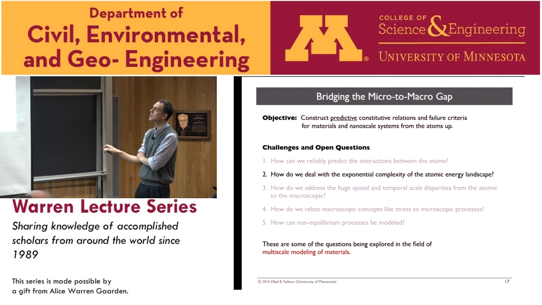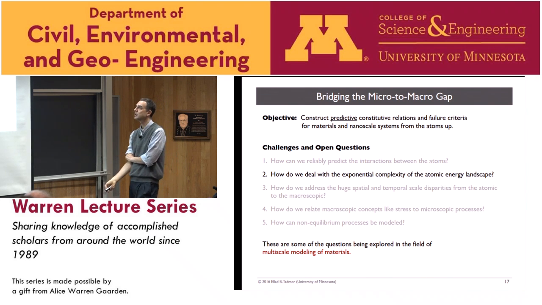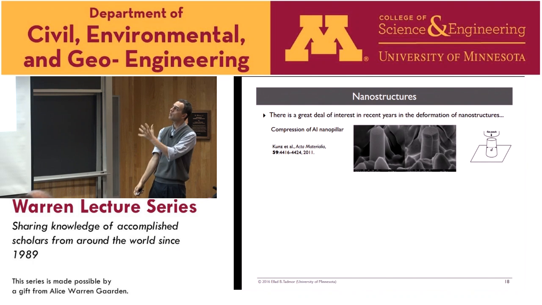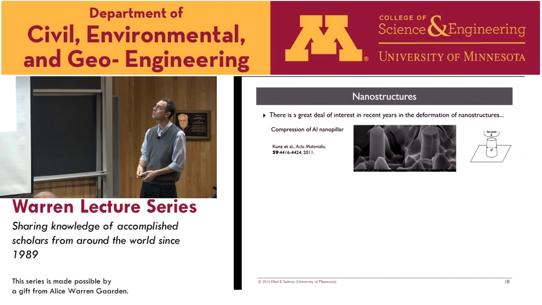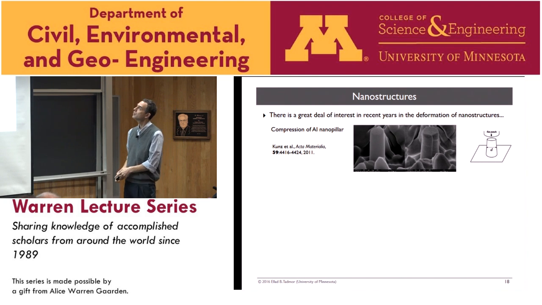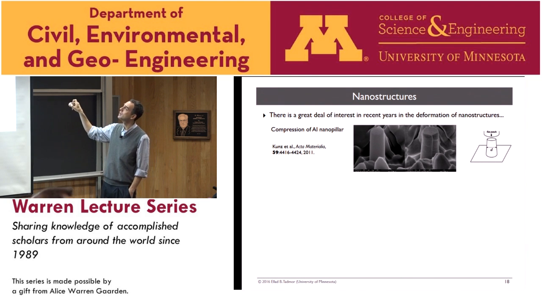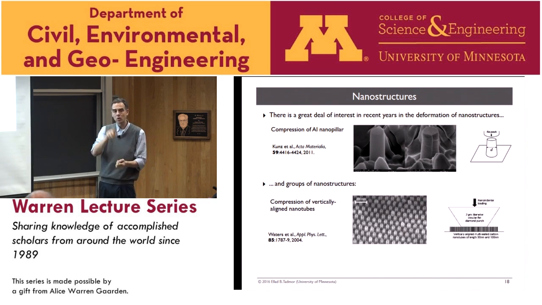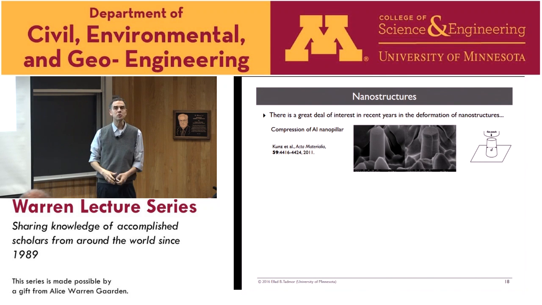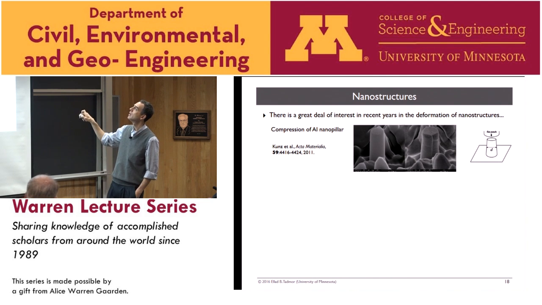The second one has to deal with this exponential complexity of the energy landscape. So here we're interested in nanoscale processes like, say, compression of a nano column. So if you take a nano column like this and you apply a load to it and compress it, this is before you compressed it, this is after you compress it, you see that I haven't shown you the curve yet, but you get a kind of load displacement curve that has a lot of little jaggies on it. It'll be on the next slide, which have to do with the nucleation of all these kinds of defects that you can see.